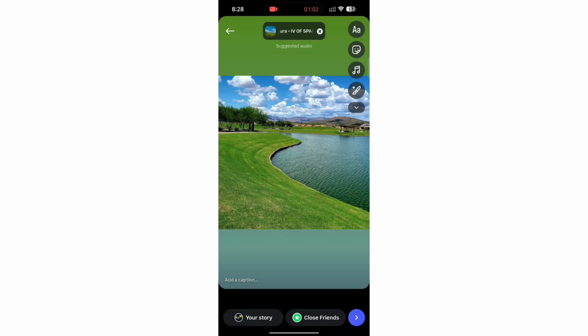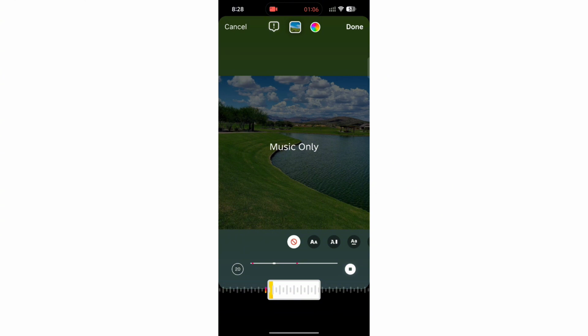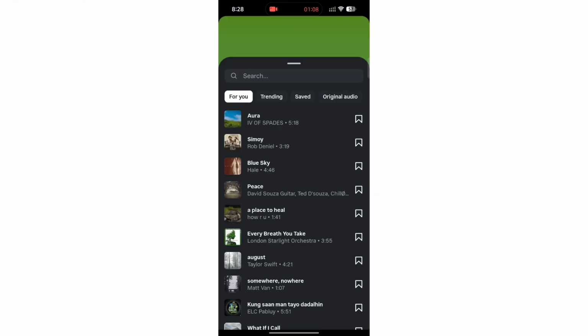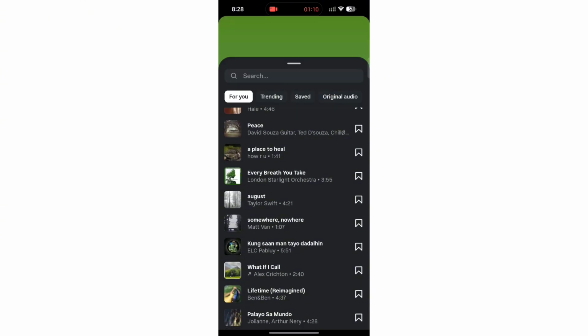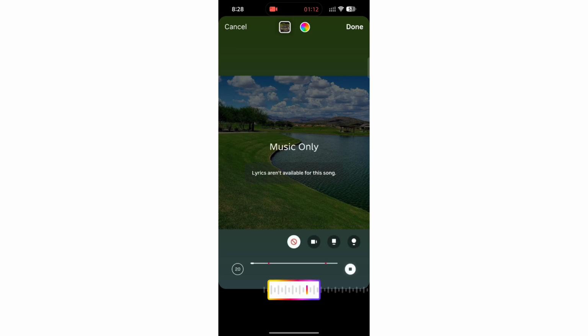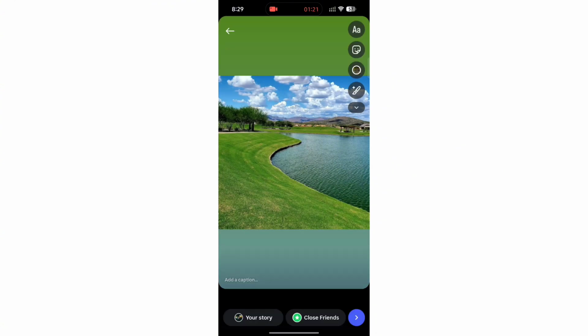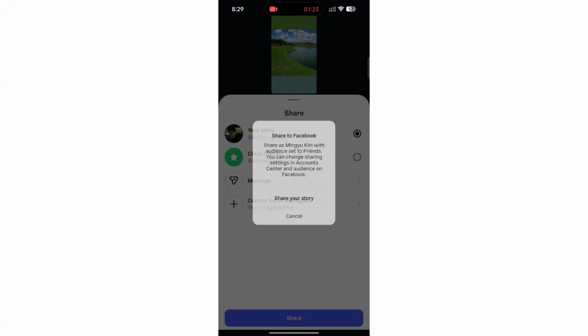to post on your story, and then go ahead and add the music or the background music for your selected story. You can also add text on your story, and then you can also apply filters for your story. So once this is all done, go ahead and click on this next button and then select where you want